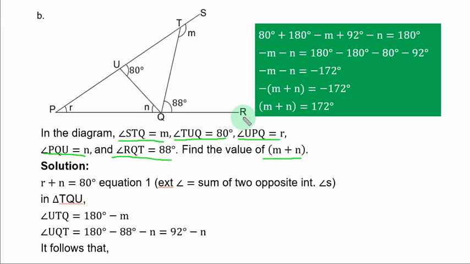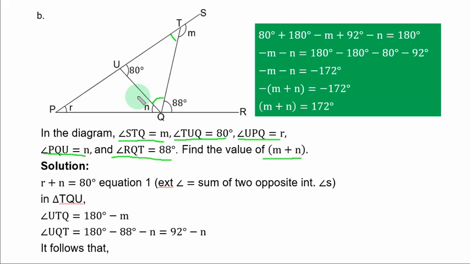To do that easily, we have to consider triangle TUQ. Precisely, in that triangle, we need this angle and we need this angle. But if we do that, n will not be there. So to get an expression for n,